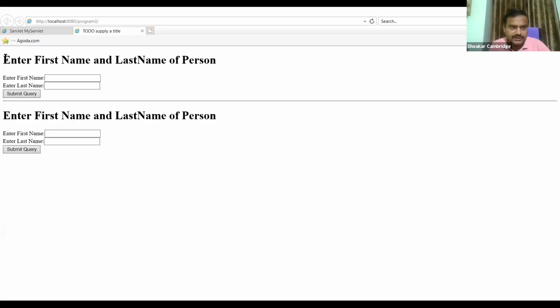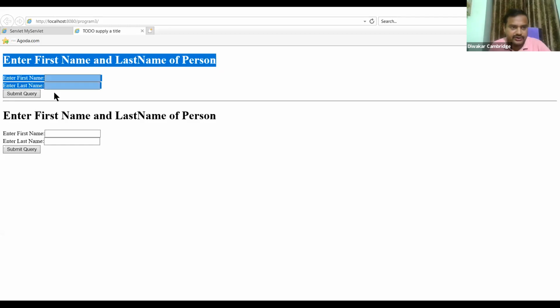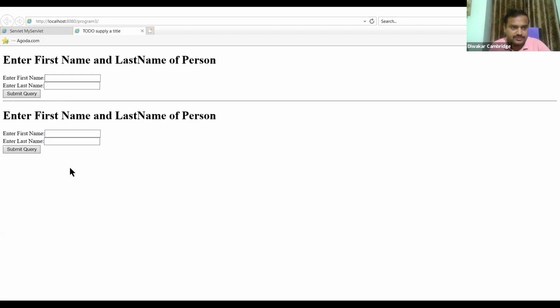This first part, we are going to demonstrate the get method. The second part, I'm going to demonstrate the post method. For example, if I am going to enter a name, suppose Karthik Kumar.